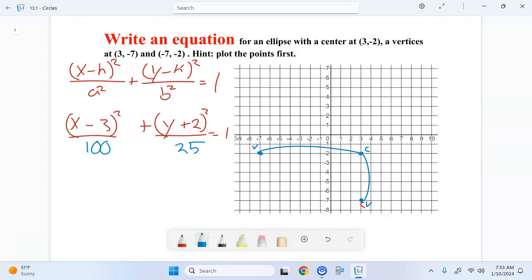If there's a lot of information presented, try not to get overwhelmed when you start with the basics. Where's the center? Which way is the major axis? And then build on that. Add in the focus, add in the co-vertices until you have enough information to identify center, A value, and the B value. Okay? Piece by piece. Okay? Any other questions, comments, concerns, queries? So,